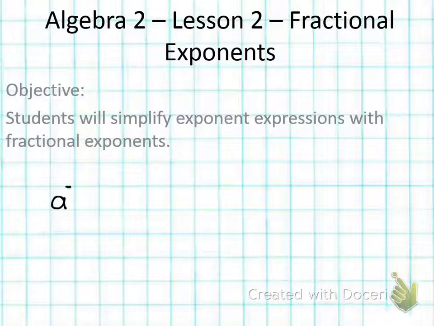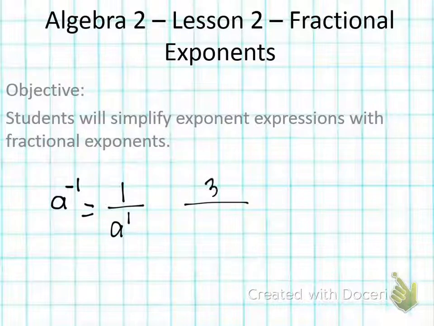So let's say we have a to the negative first. What happens to the negative power? Do we like that negative power? No. So we want to make sure that we move it to the opposite end of the fraction to fix it. The other thing we don't like is, let's say we have a